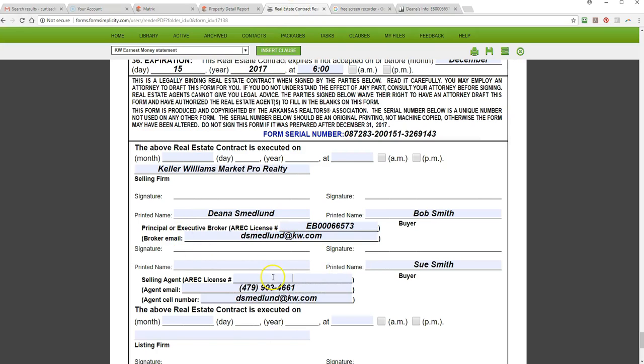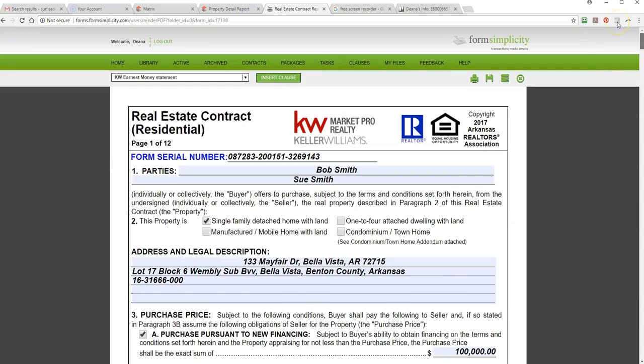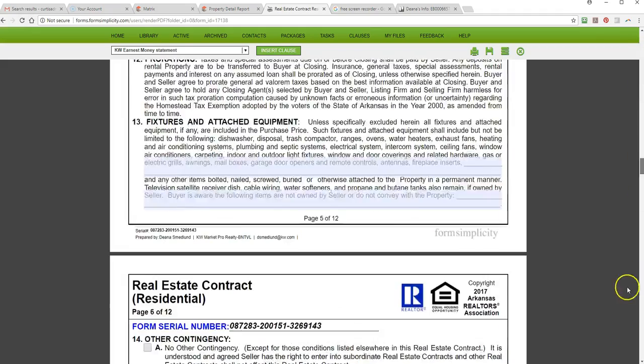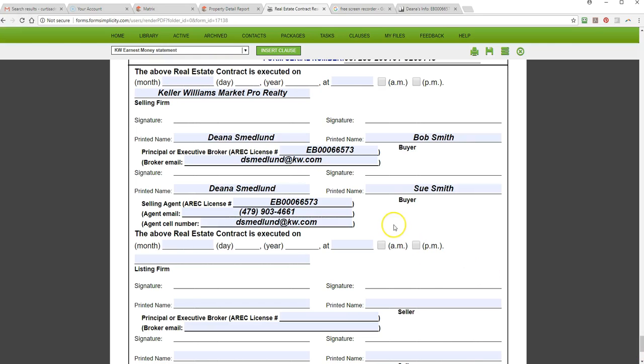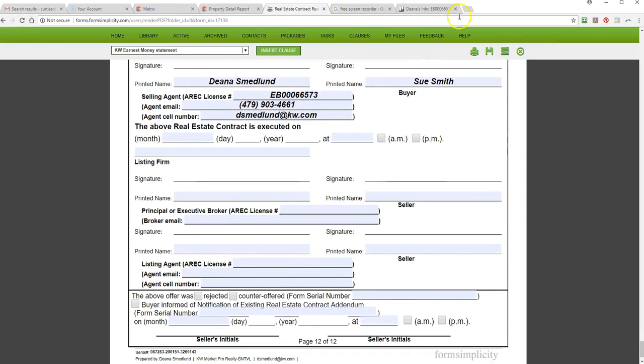Okay, so got all that stuff pasted in. We're just going to put Dina as both. Obviously, you would put your name and info here. And because we typed their names on separate lines in the beginning, it automatically filled them in, which is awesome. And then you would drag a form field in the signing thing there. Yep, you'll do that a little bit later. We can show you that as we move through. Right now, you would just save it